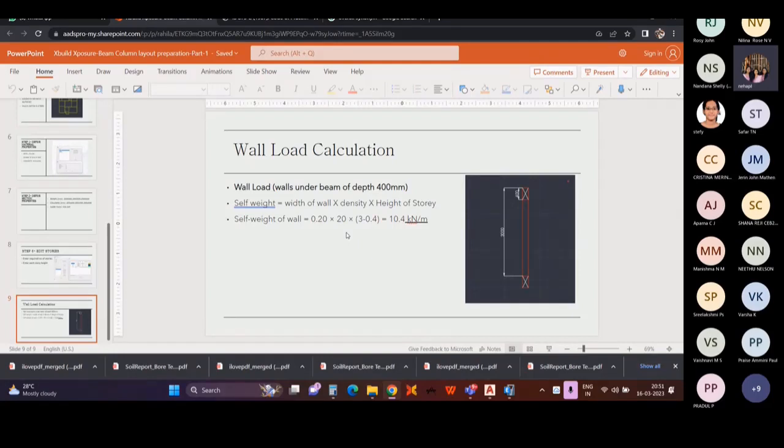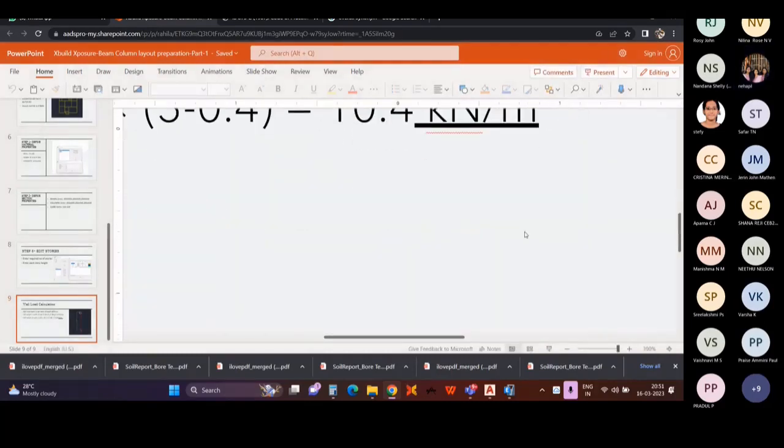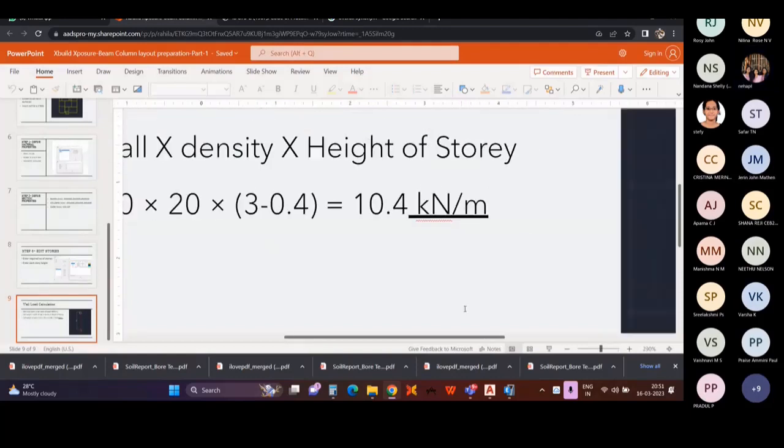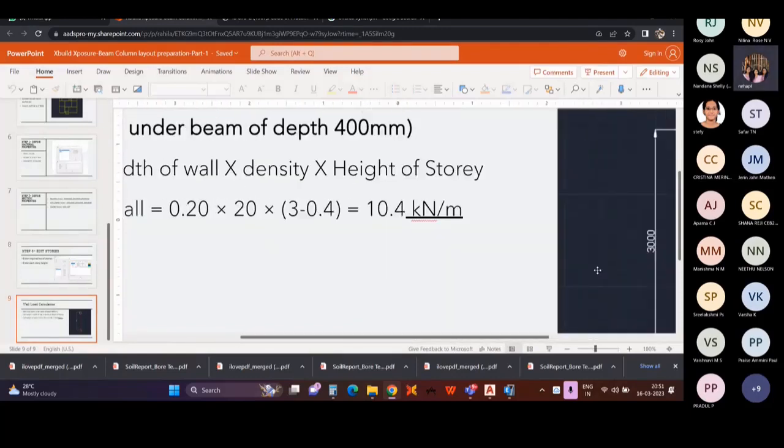Here assume that we are using a solid block, so its density is 20, and next is the height of the story. As I said, the height of the story is 3 meter. From floor to the next floor, it's 3 meter. As you can see in this picture,